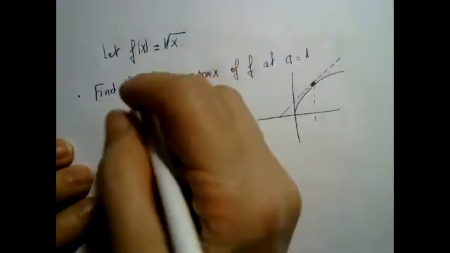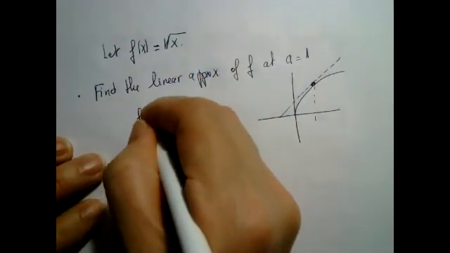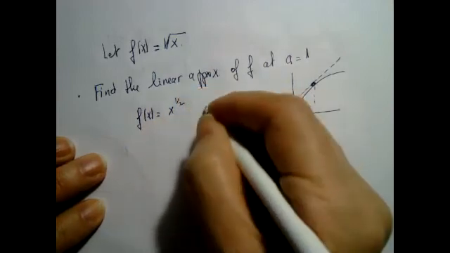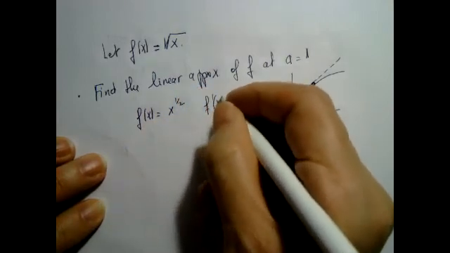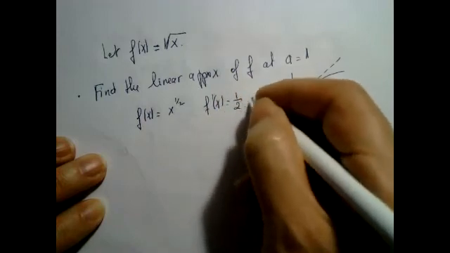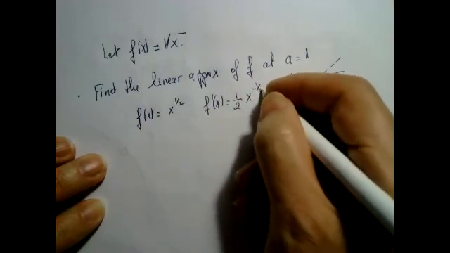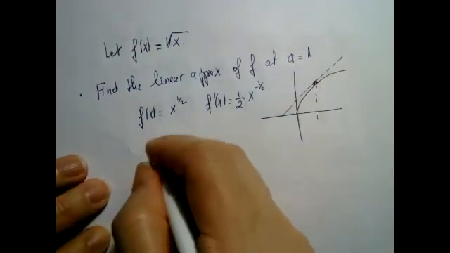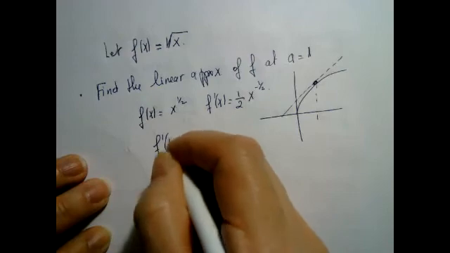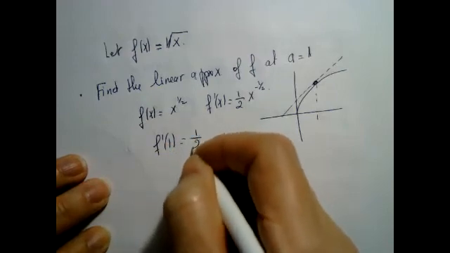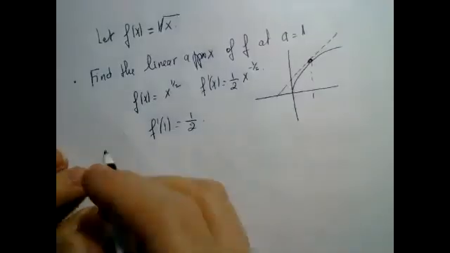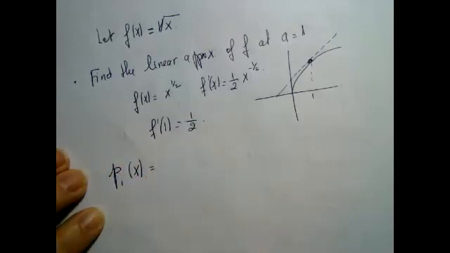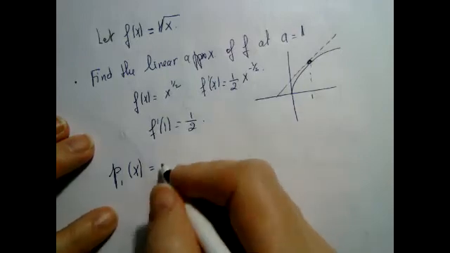All right, so this is f of x. To find the equation of the tangent line, I need the derivative for sure. So f prime is a half x to the minus a half. Now I need the tangent, I need the slope. So I need f prime of 1 equal a half. So the linear approximation that we're going to start writing as P1 is equal to the